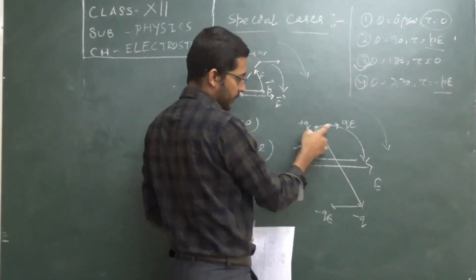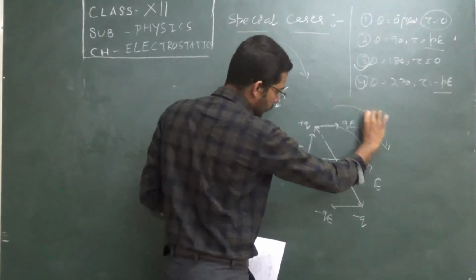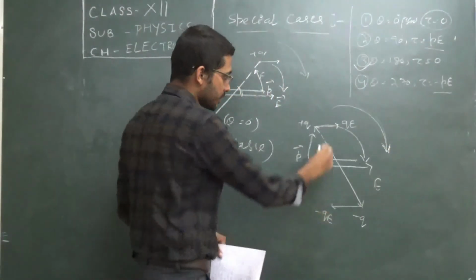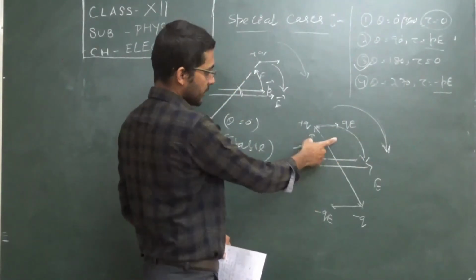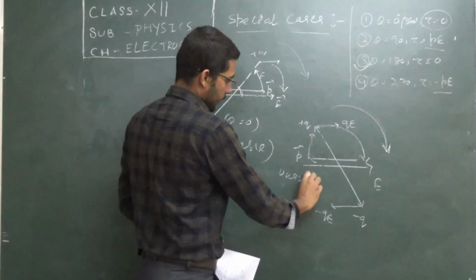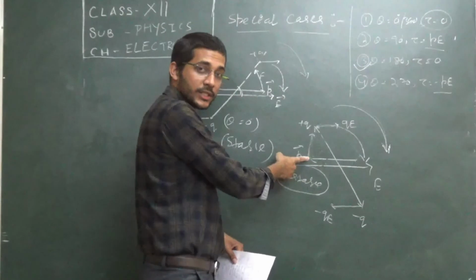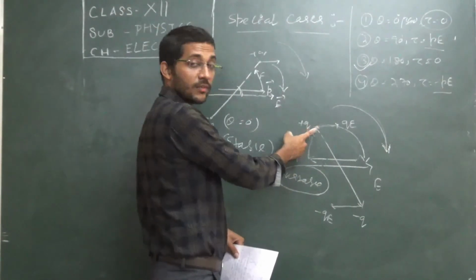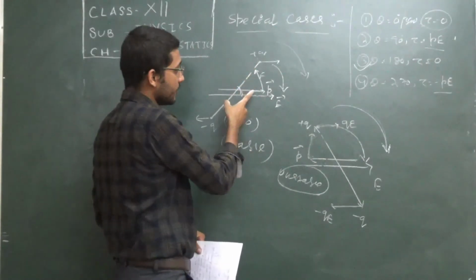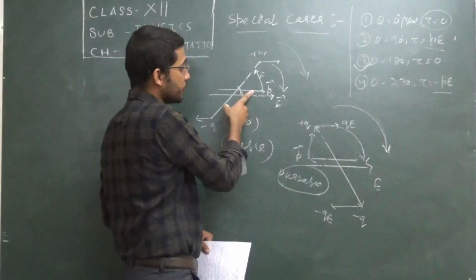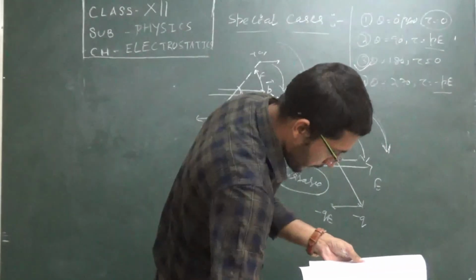As we know, when the dipole is inside the electric field, it is going to experience forces like this. So as we know, it will also rotate in the clockwise direction. So instead of falling like this, it will start to move in this direction. So that's why it is called your unstable. That means the electric dipole is not returning back to its previous position after the removal of the applied force. Here in case of this, the electric dipole is returning back to its previous position after removal of the force due to the application of your torque. So this is the basic case. Yes, so you need to remember this one.